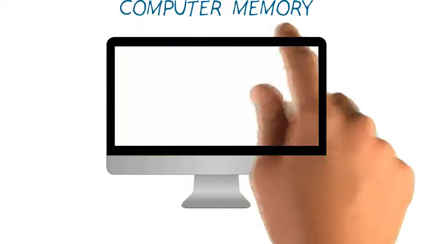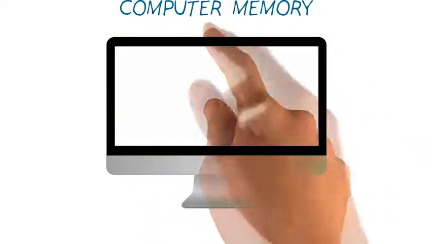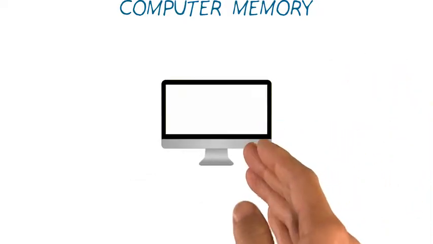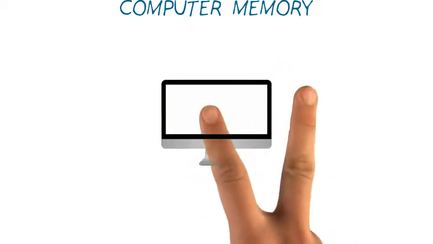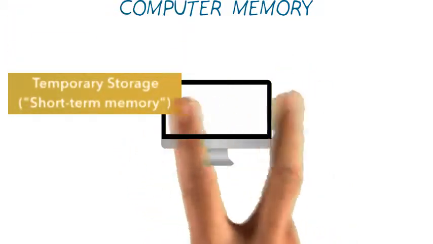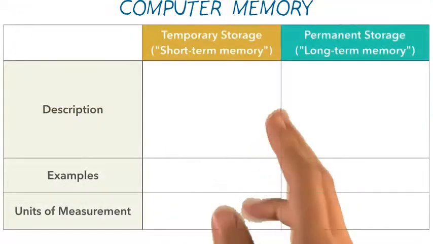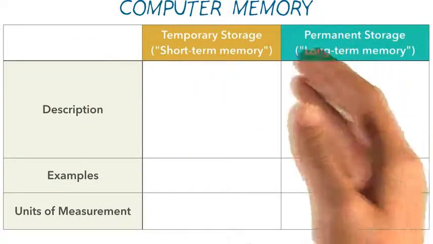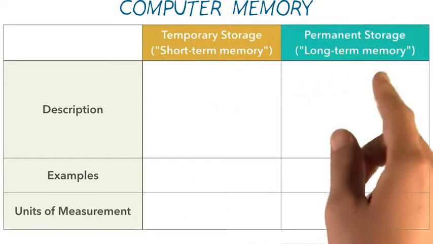So you may have heard the term memory when referring to computers. Well, what does this term really mean? Now, your phone can be thought of as basically a miniature mobile computer, and computers have two kinds of storage: temporary storage and permanent storage. The difference between temporary and permanent storage can be thought of similarly to short-term memory and long-term memories that